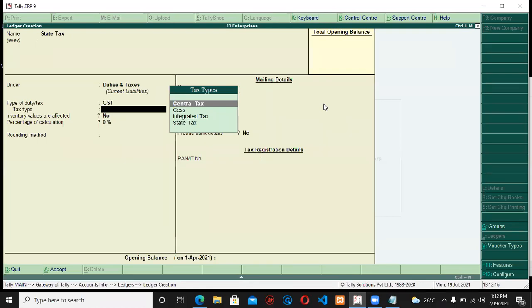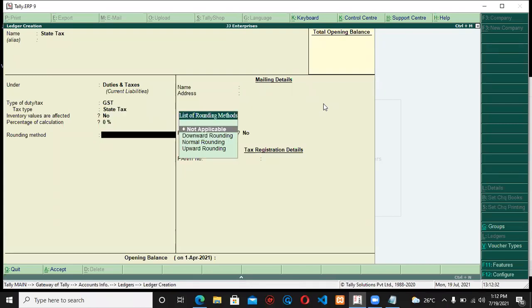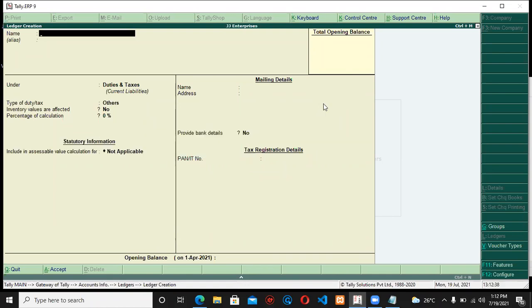Then we have the tax type; you need to select it as state tax. Okay, state tax. That's it. Control A, state tax. Not applicable, and say Control A to save this. So the state tax ledger is also created.